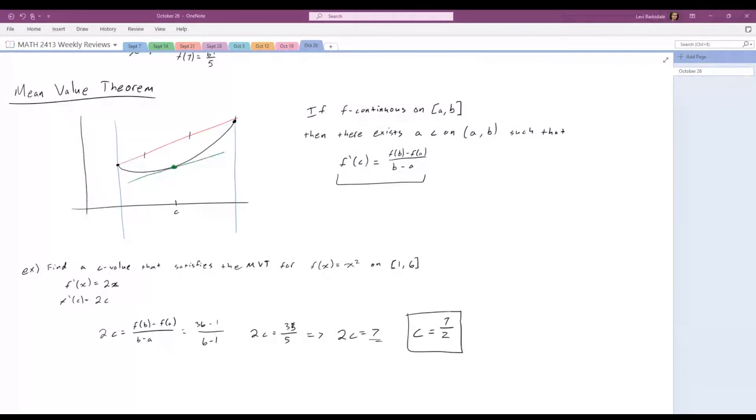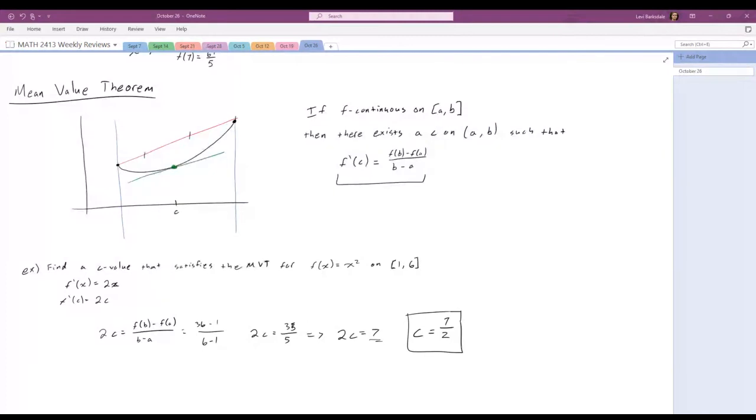So when you're saying the secant line, can you elaborate a bit more? Because I'm not sure. So the red line is your secant line, correct? Right. And the green is your tangent. So they both have the same derivative, which is their slope. Right? Yeah. Okay. So basically, what I get from that mean value theorem is that it states that if you have a continuous function, then the secant line on f from a to b is going to be